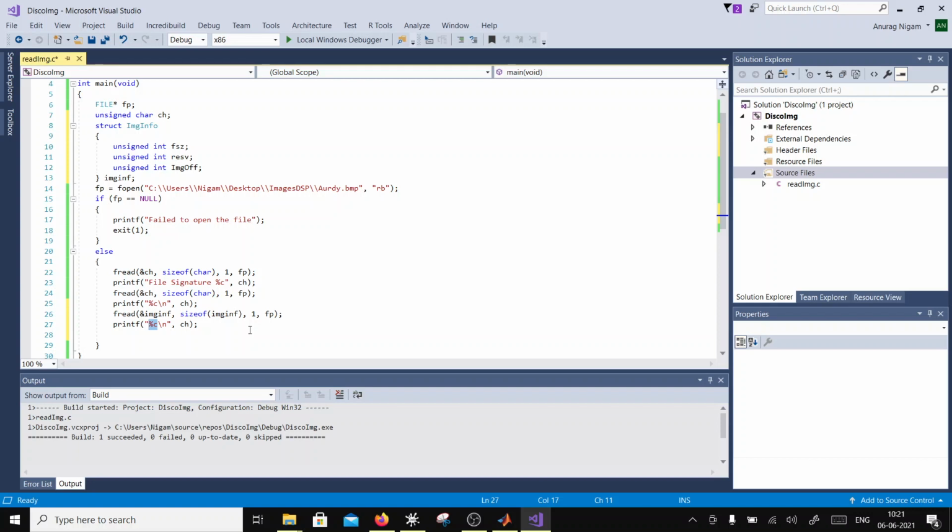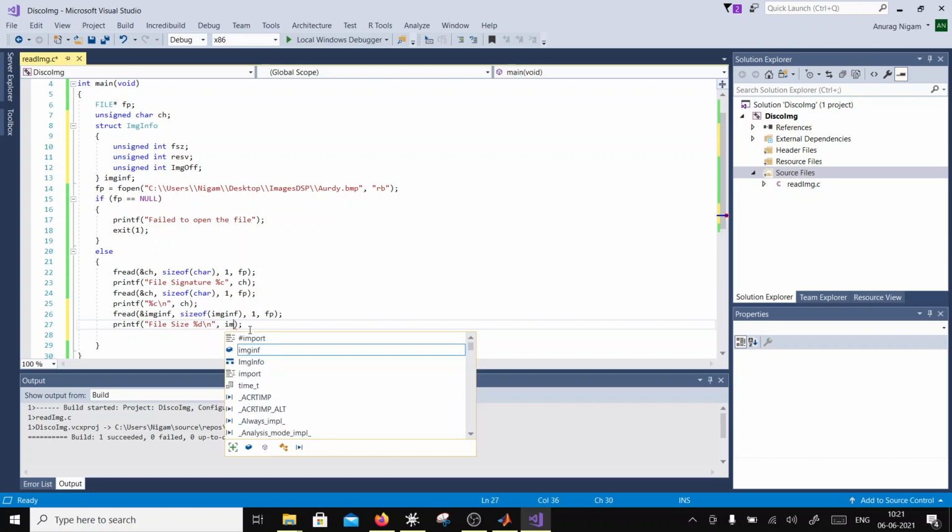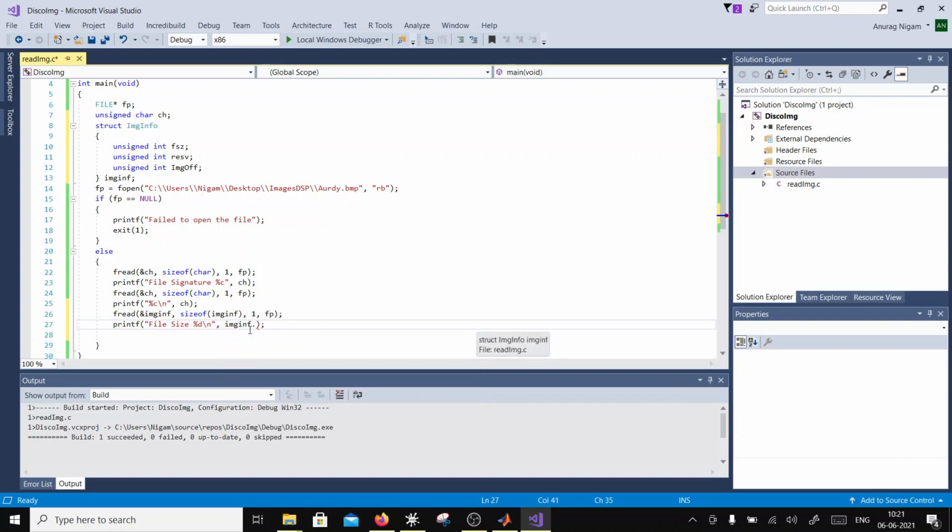First thing it's going to put in here the file size, and then here I'm going to put %d, and here I'm going to put that structure imginf dot fsz, correct?